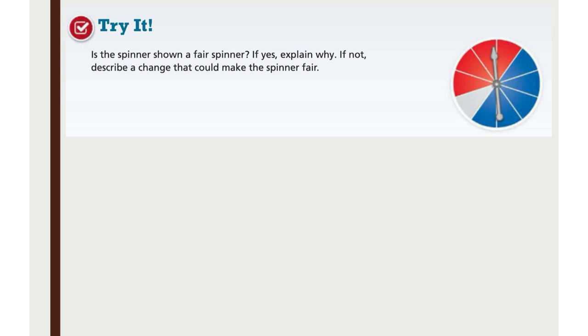This spinner on the bottom of the page, is it fair? Yes. This one? Yes. The red and blue one. Because there's 10. Wait, no. No, because there's 4 and 5. The gray is. There's more blue than red. Okay, so we see that each slice of it is equal, but the color distribution is not equal.